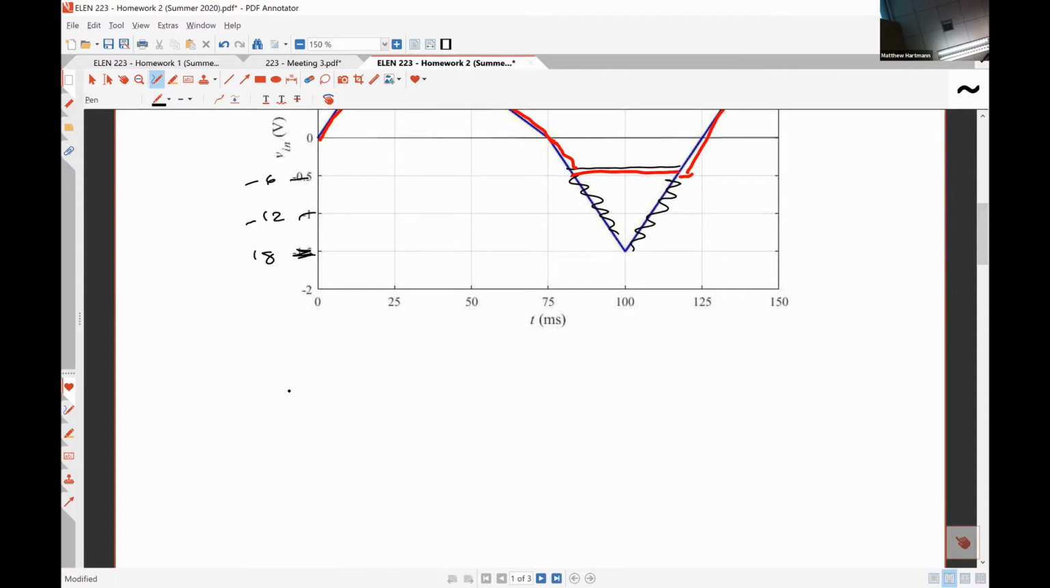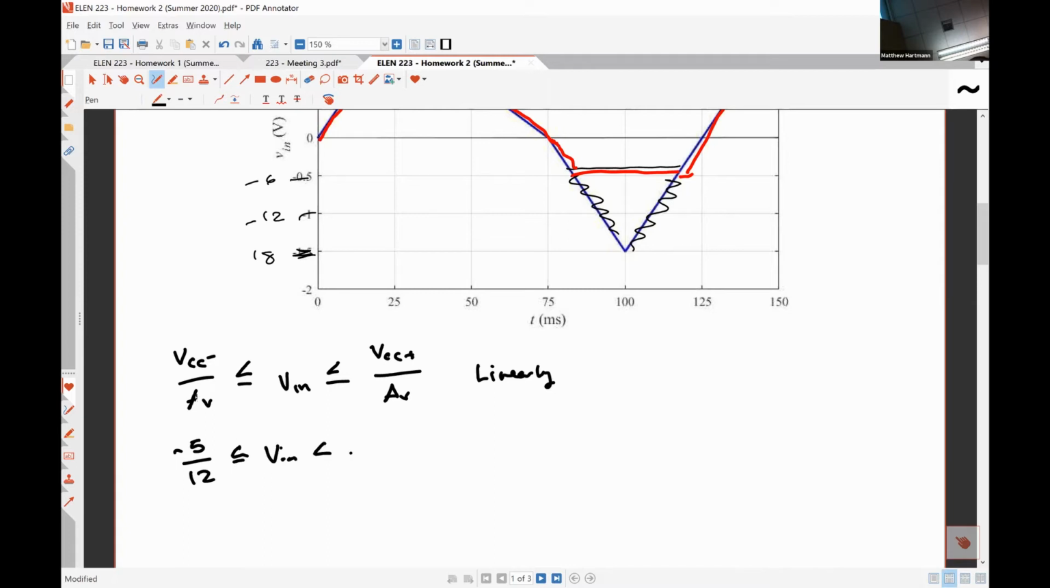So Vn is going to range from VCC plus over AV down to VCC minus over AV. This is going to be when it behaves linearly. So for our case, this is going to be negative 5 over 12 is less than Vn is less than or equal to positive 10 over 12,